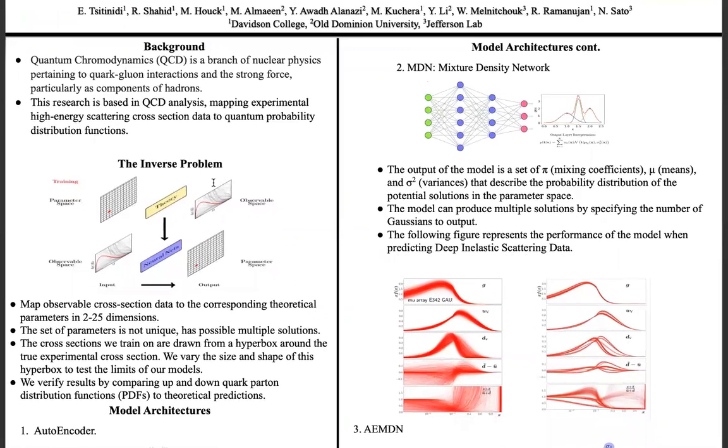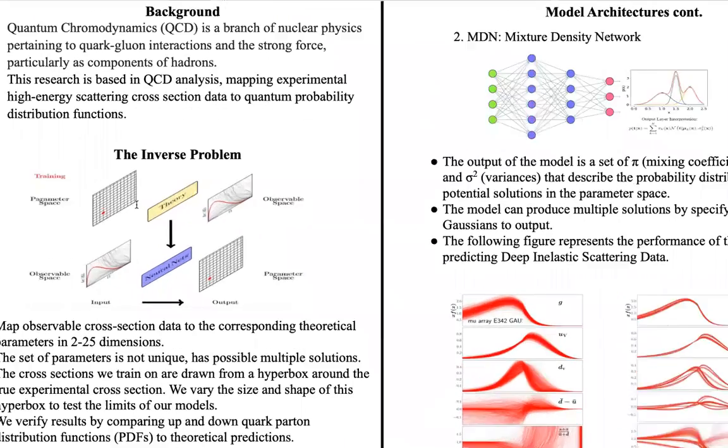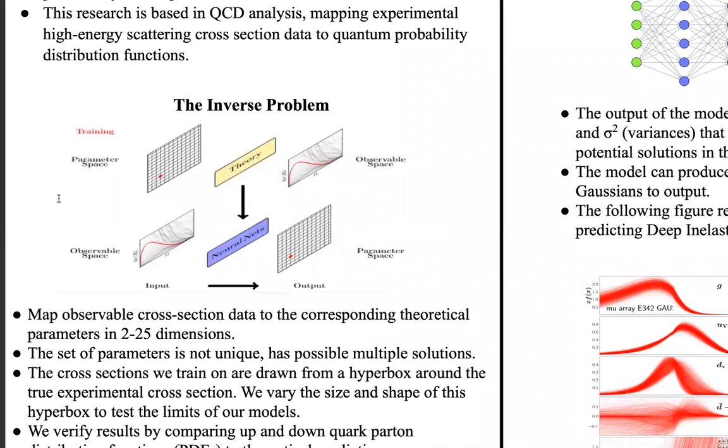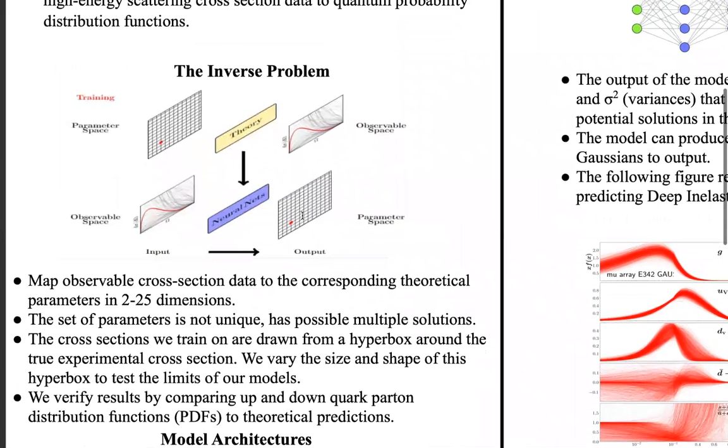This research is based on QCD analysis, and we map experimental high-energy scattering cross-sections to quantum probability distribution functions. As we can see in this graphic, we have an inverse problem. In the theory center of Jefferson Lab, the theorists have models that go from parameter space to observable space, and that is a one-to-one correlation. Our research focuses on going the opposite route, so going from the experimental cross-sections of observable space to parameter space,